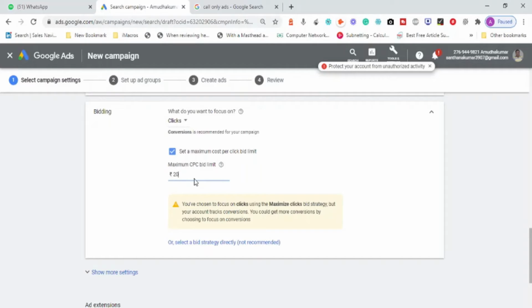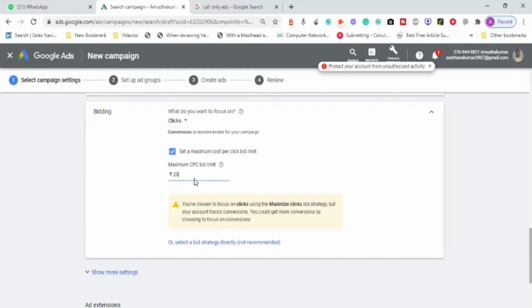So there is potentially a guess. We have to give it a try. There is no method where Google will tell you how much money you have to spend. If you are able to spend huge money, you can spend. Otherwise, if you are able to spend only lesser money, you can spend only lesser money. So that is the option that we have here.